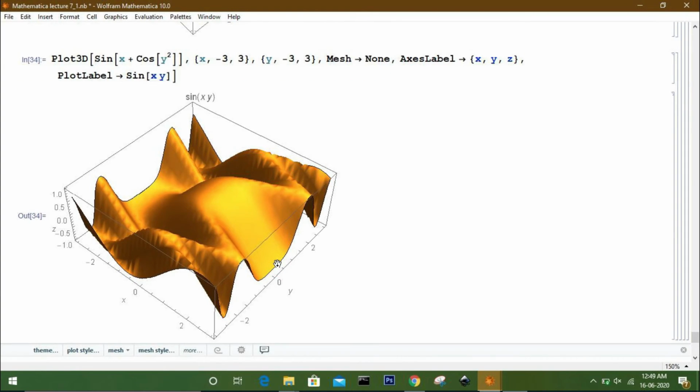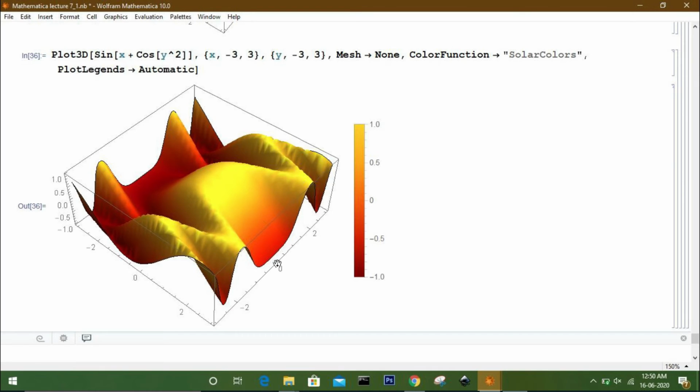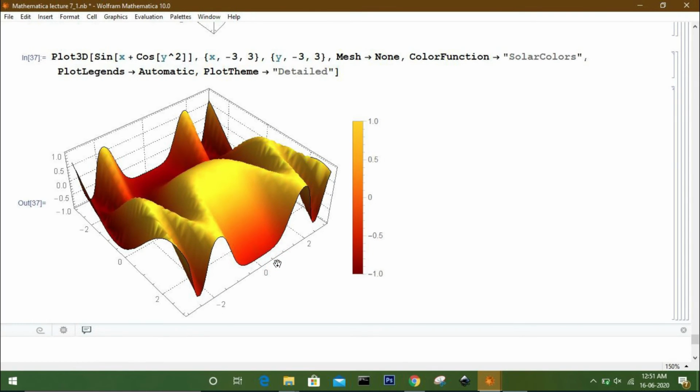You can add axis levels, or you can specify the color function to your plot to make it more attractive. You can also add plot legends or the theme of the plot like this. So I set the plot legend to automatic and the plot theme to be detailed.